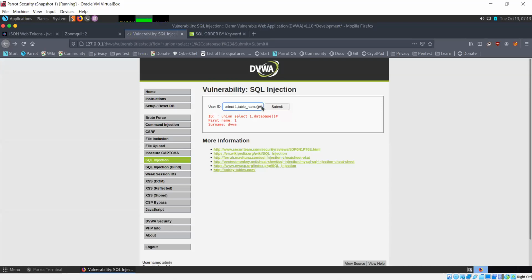Table name does not work like that. So for table name, we have to refer to